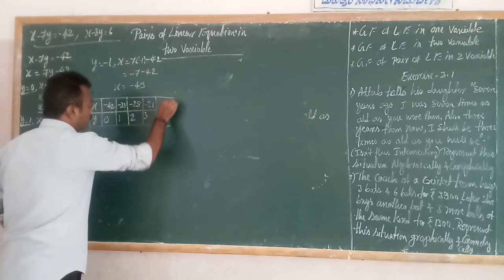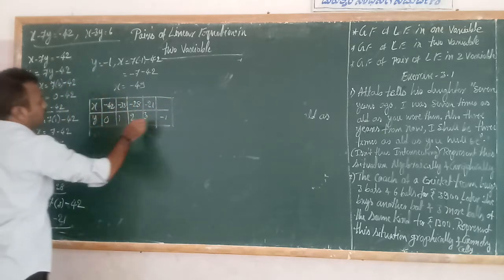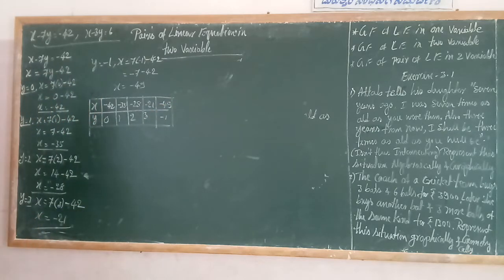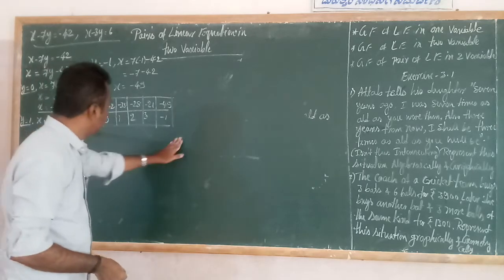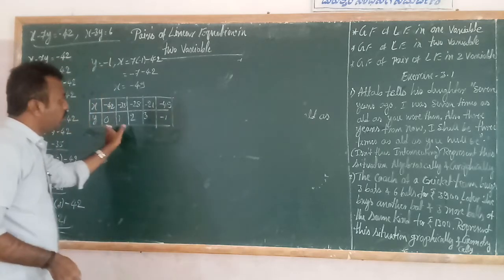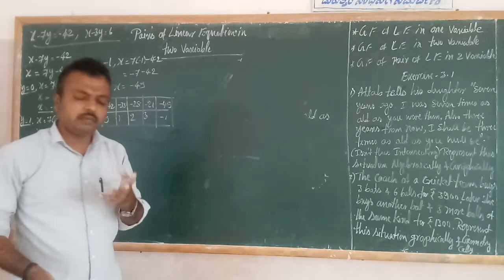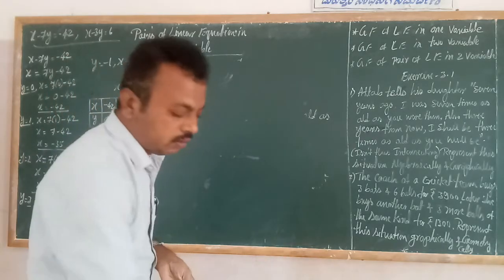y is equal to minus 1, and y is equal to minus 49. Okay, so now, enough, this is enough. Otherwise, if you are giving minus 2, minus 3, no problem. How many? A minimum of 3 points is required. Okay, so next students,